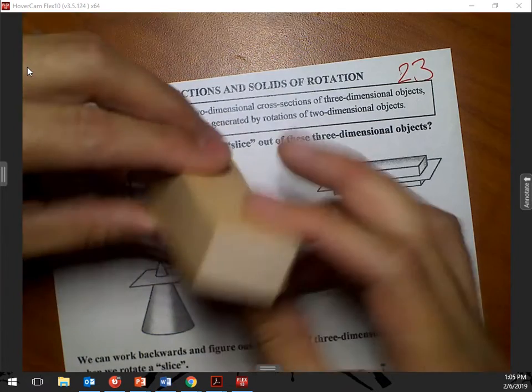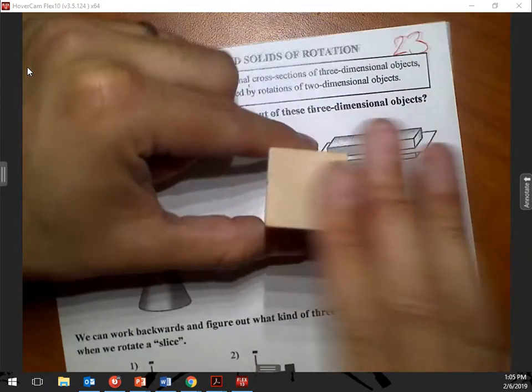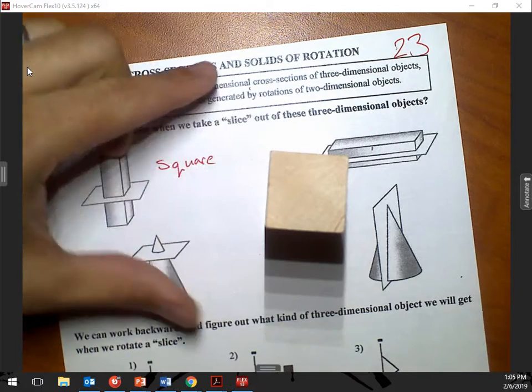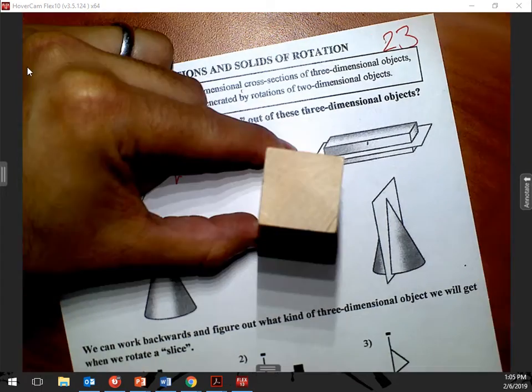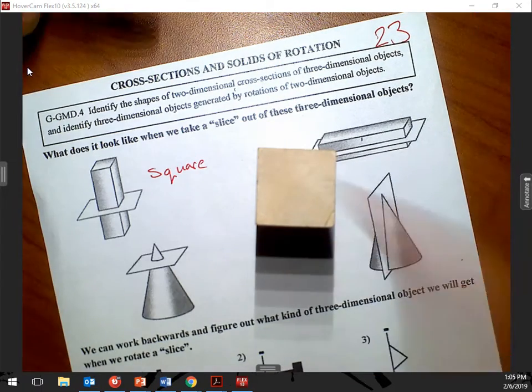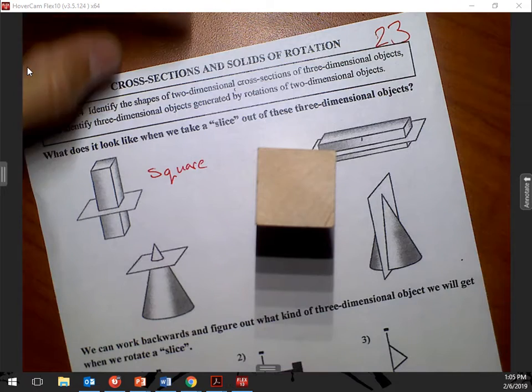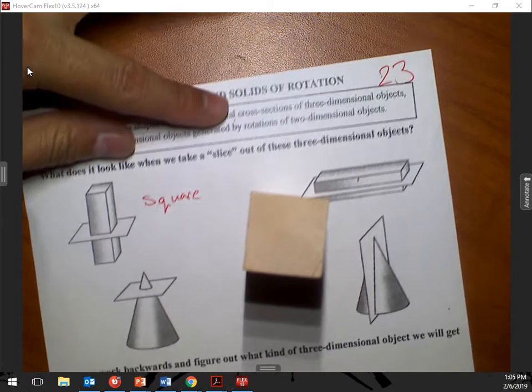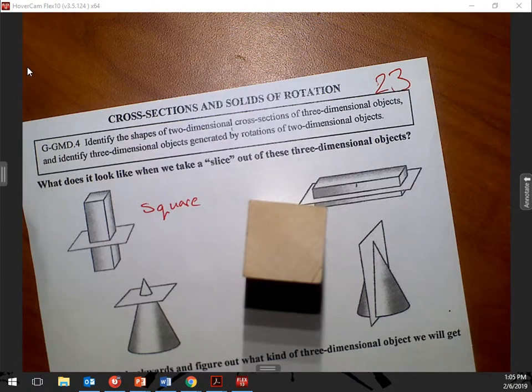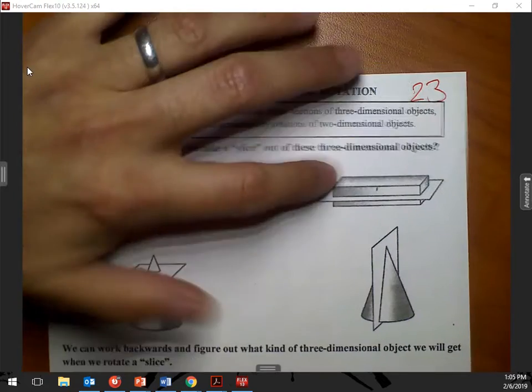So here's my shape, right? Now, watch. Okay, I'm going to karate chop the top of this off. Now look, what shape is left as I'm looking straight down on it? Not just square. Okay, it's going to be a square, right? So, all right, you guys ready? Now this one right here,